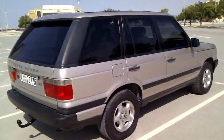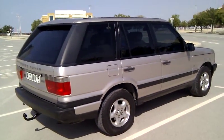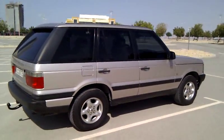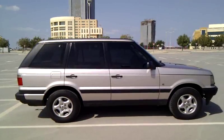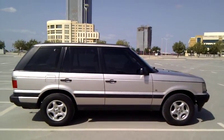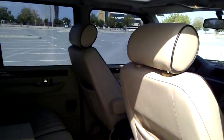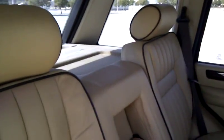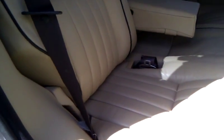Again, just the look of the car in absolutely excellent order. The metallic silver in brilliant condition, no real dents or scratches to mention whatsoever, and with those factory fitted alloys and tints, really does make for an aesthetically pleasing vehicle. Piped seats throughout,